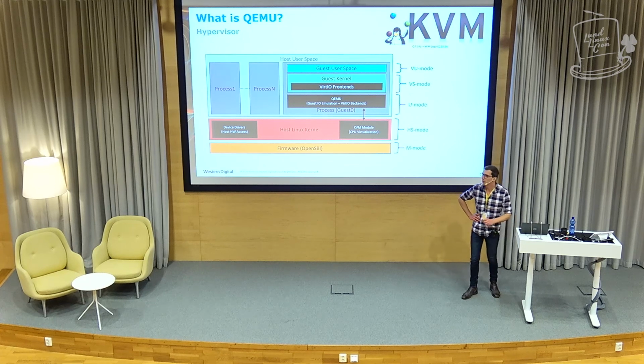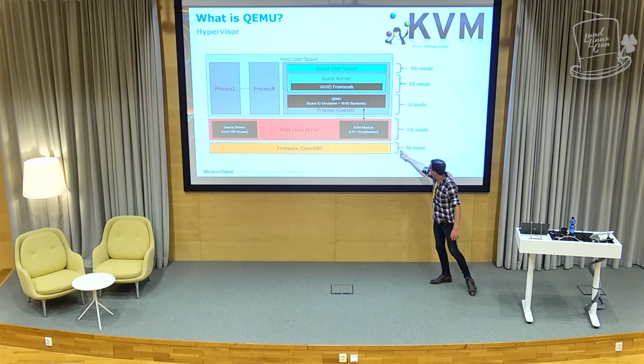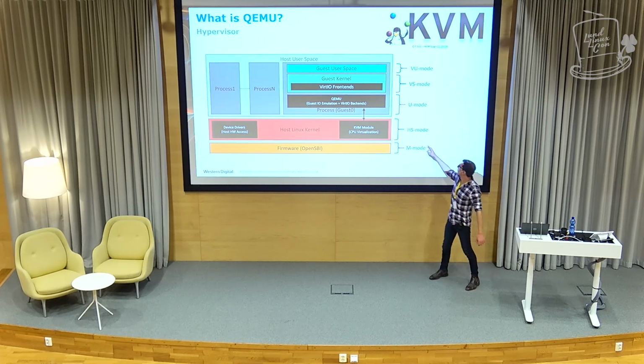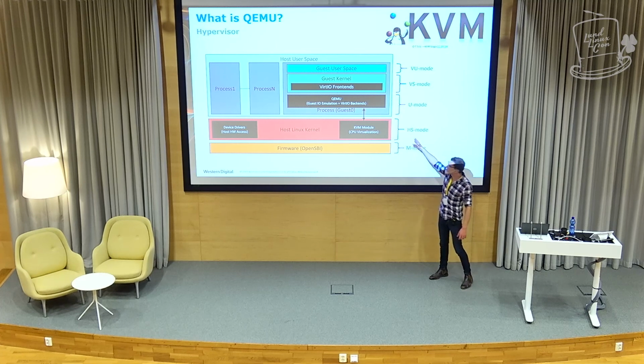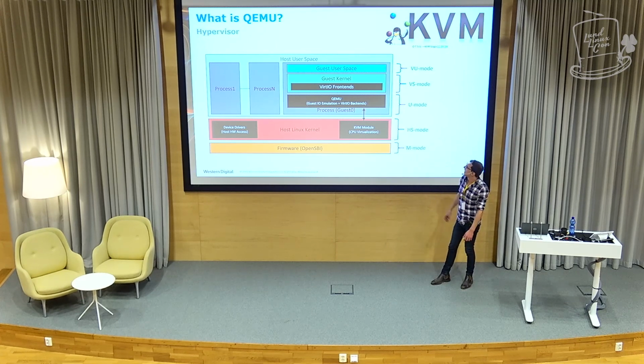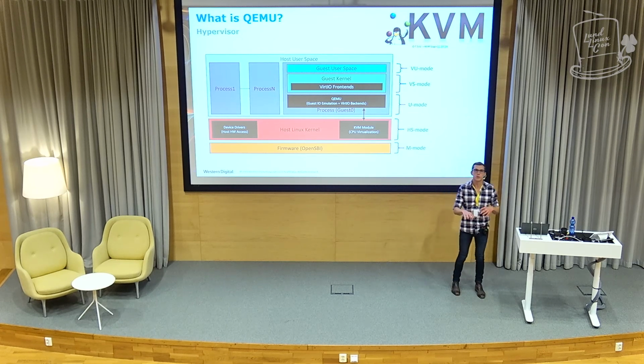And this is QEMU, the hypervisor. It's not really a hypervisor, but, and so this is on RISC-V. So we have machine mode down here where you run your firmware. Then you run your Linux and your KVM in your hypervisor mode, and that's the actual hypervisor, KVM. And then QEMU in user mode, and it's what the user would interact with. So you run QEMU, so that's all you kind of interact with.